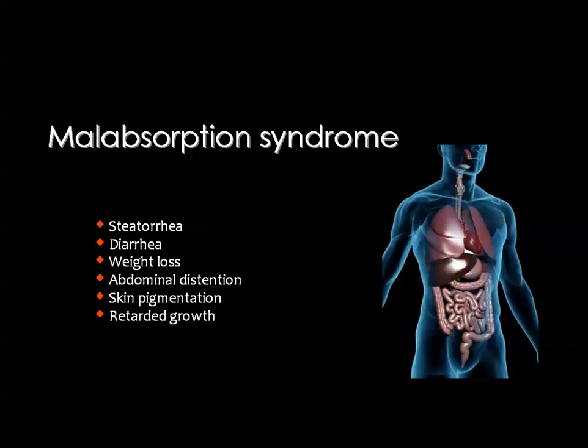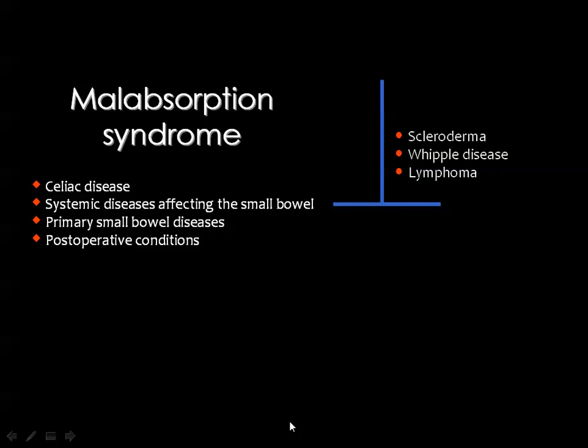biopsy from the intestine. The syndrome presents mainly by diarrhea and steatorrhea with weight loss, abdominal distension, sometimes skin pigmentations, and retarded growth. Under this syndrome, there are many diseases that are included as causes of this